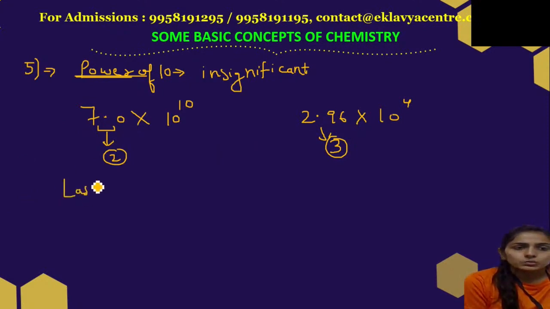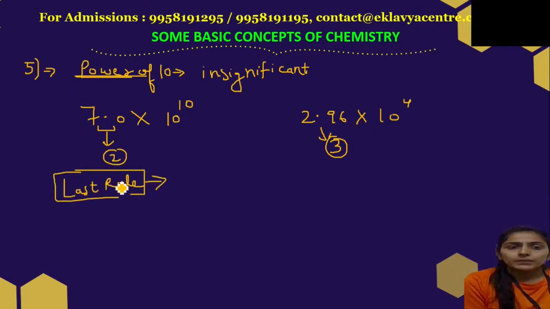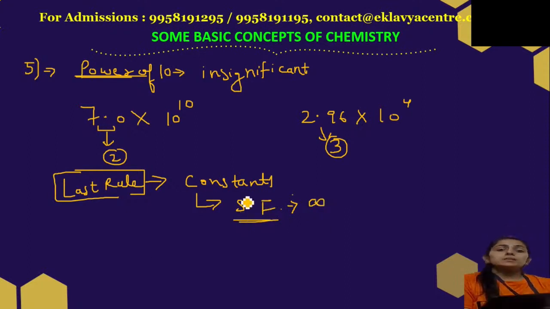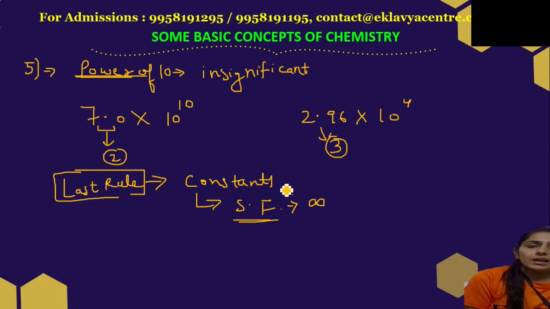Now we have one more rule. This is the last rule, and for significant figures we have only 5 rules; this rule we study separately. For all the constants that we use in chemistry, if in the exam they ask you to find the significant figures in any constant, it will always be infinity. It will always be infinity, because